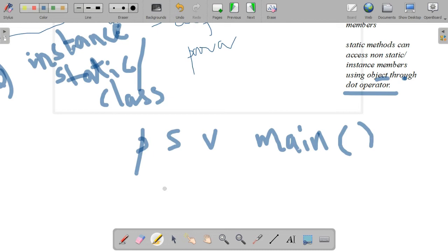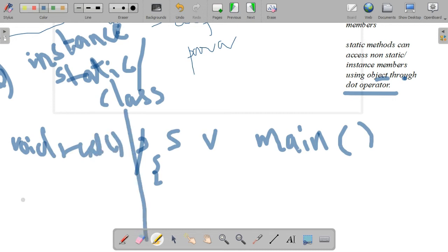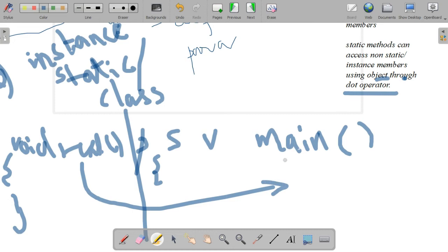Static is otherwise known as class. Okay, static is otherwise known as class. That is class variable or class method we will represent. If the keyword static is there in a particular method or variable, then it is represented as a class variable or static variable. If it is in a method, it is a static method or a class method. So inside the public static void main, here it is a static method.